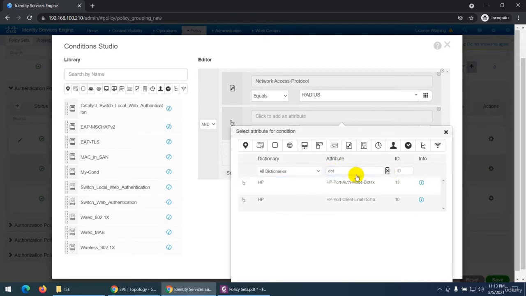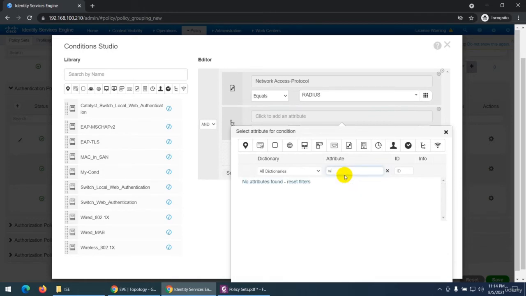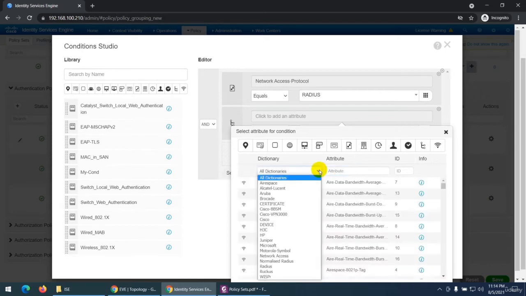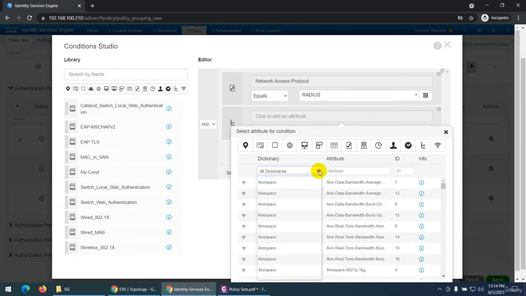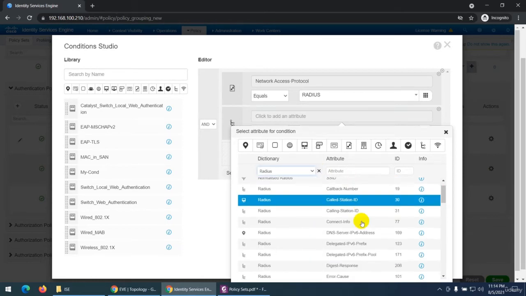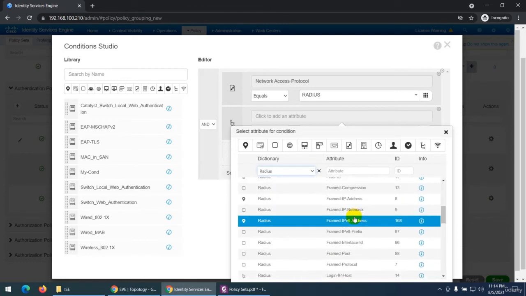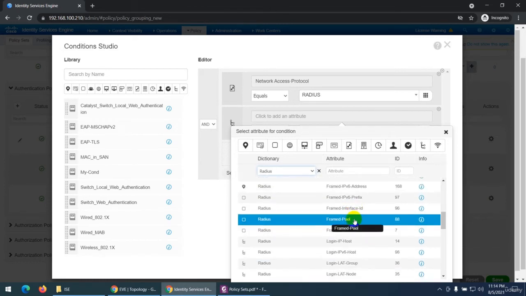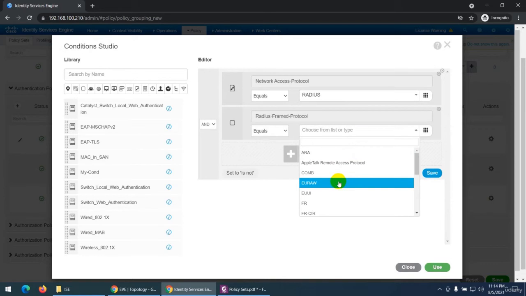Okay, I don't want to check that, I need to check wire. Okay, so I need to check network access. So what I can do, I can go to radius and let me check frame. Either you can check frame, whatever, there are many options. And frame protocol is equal to, suppose,